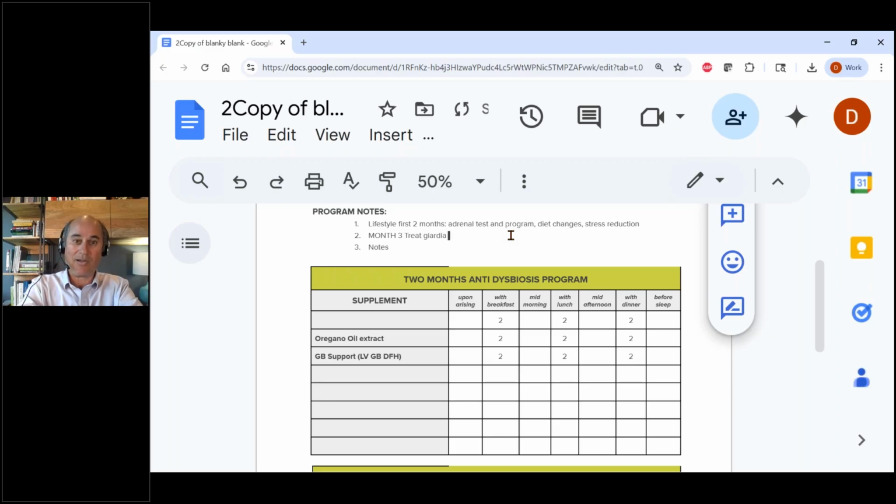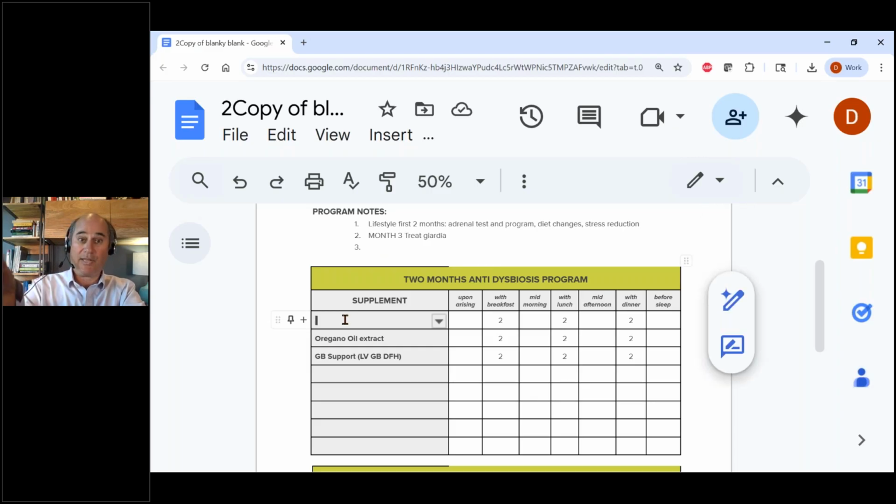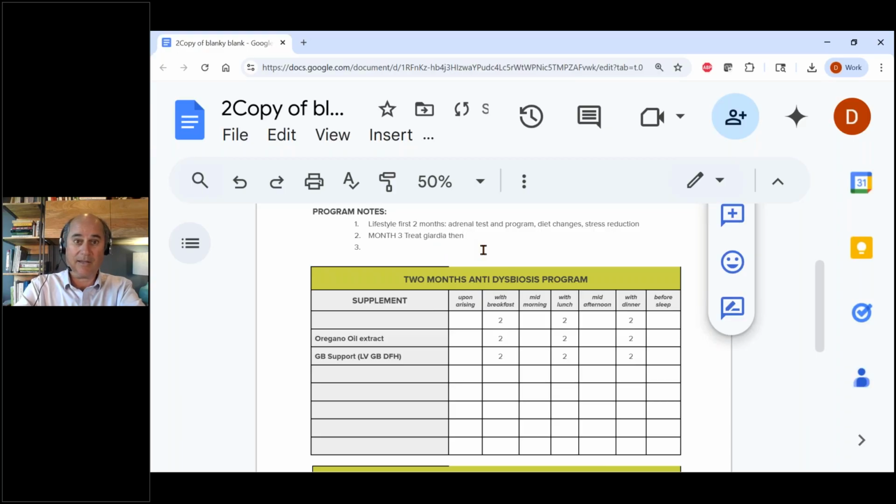Why do we wait so long? Because we want to strengthen the immune response, reduce the inflammation, get the gut lining to be healthier, and then kill the bug. You're much more likely to get it if you wait. When you are ready to go after it, you would do the antibiotics in this case, and then you would do a follow-up dysbiosis program after the treatment for the Giardia is done. And there's a priority here. If there's a parasite and dysbiosis, I would always do the parasite first. No question about that. So get rid of the Giardia, then you treat the dysbiosis.